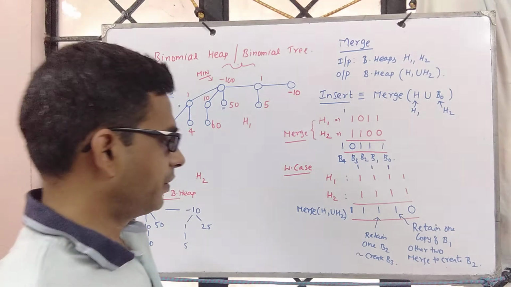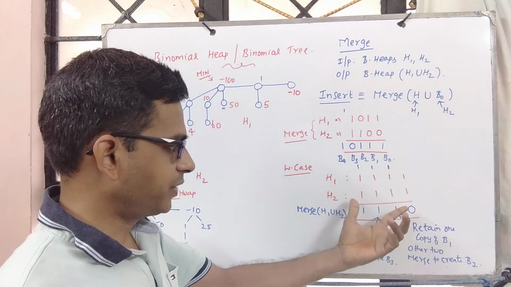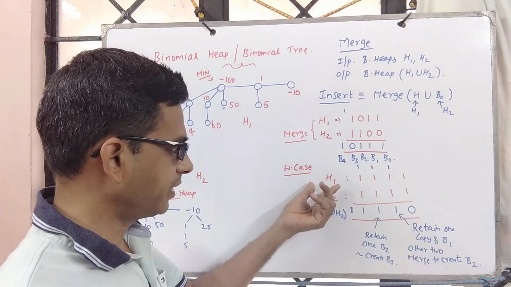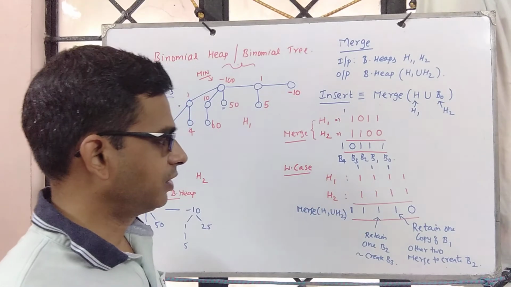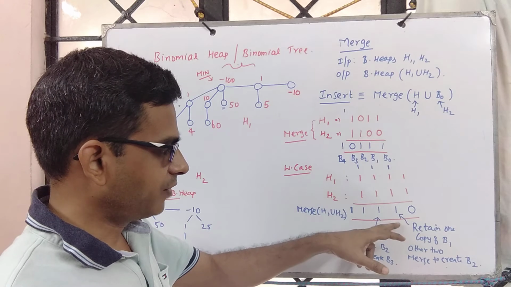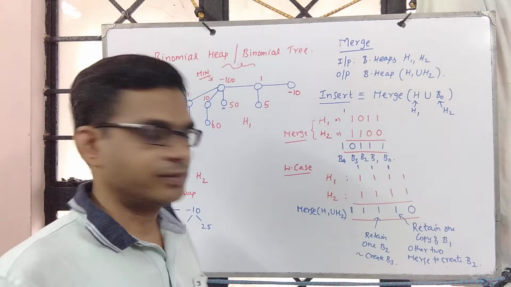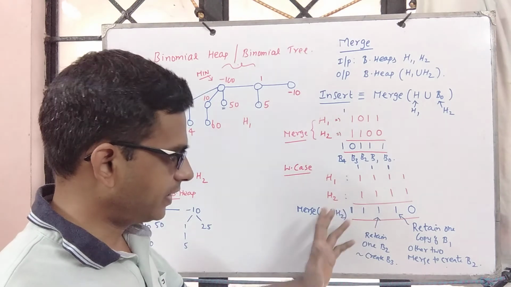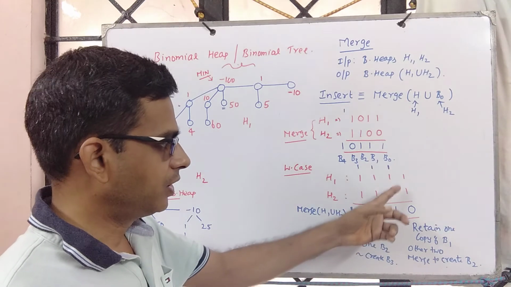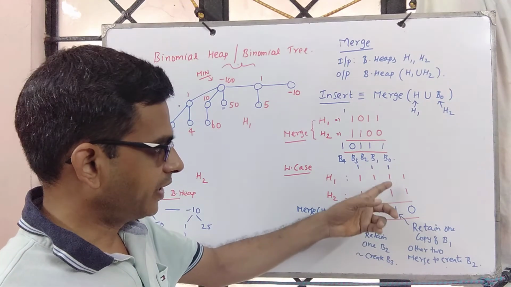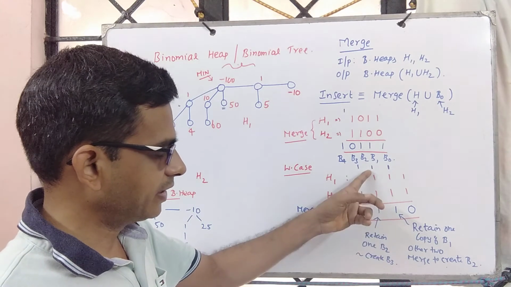That's all. So merging is simply adding the binary representation of H1 and the binary representation of H2. When I say binary representation of H1, its size and its binary representation. Now at any point in time you can have only 1 copy of any structure and the other 2 you merge. Here is the worst case scenario, and it has the representation with respect to the binary as well. So 1, 1, 0 and carry 1, and adding 3 ones, you get sum as 1, carry as 1.